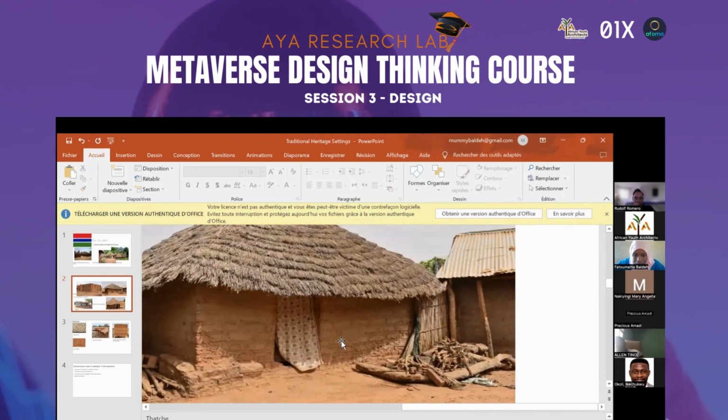Here, as I was explaining earlier on, it's ram earth. Basically, this is ram earth, as you see here. We have different types of soils that we can use for construction. Here is the clay soil that we use naturally. There's this wooden frame that is used to make the ram earth blocks for the constructions.